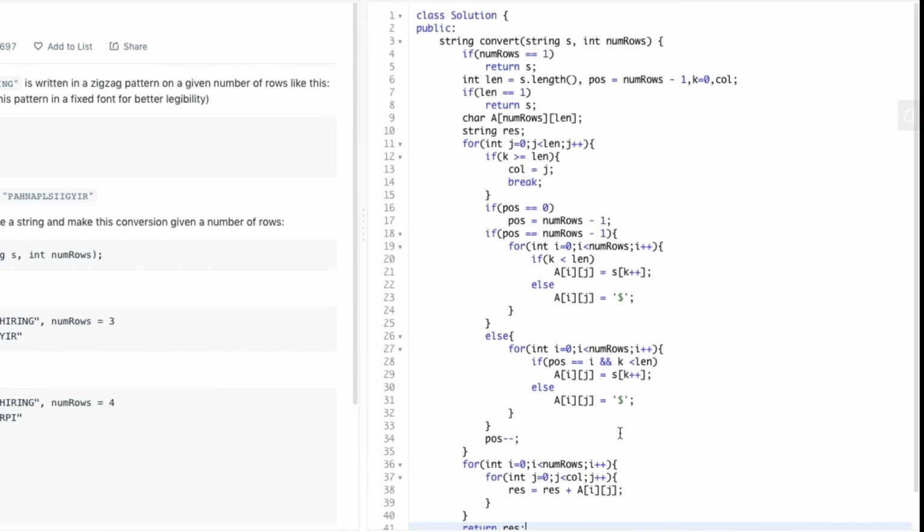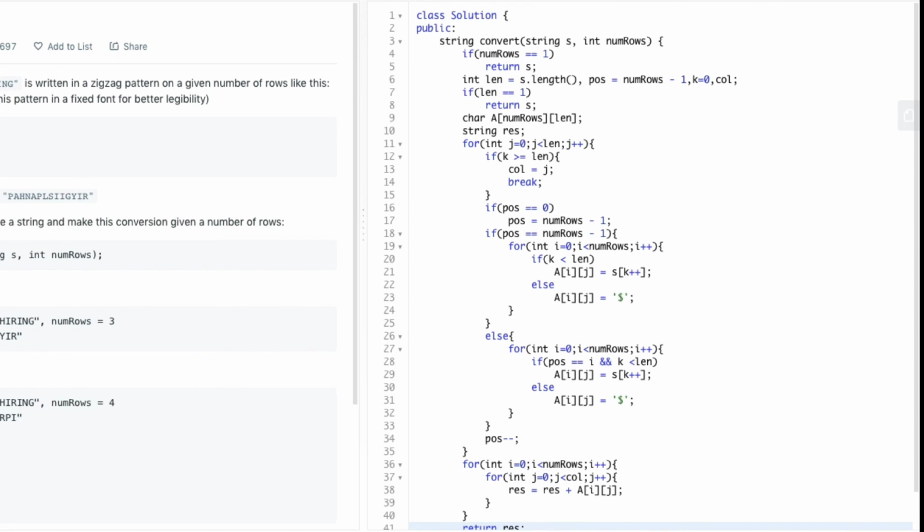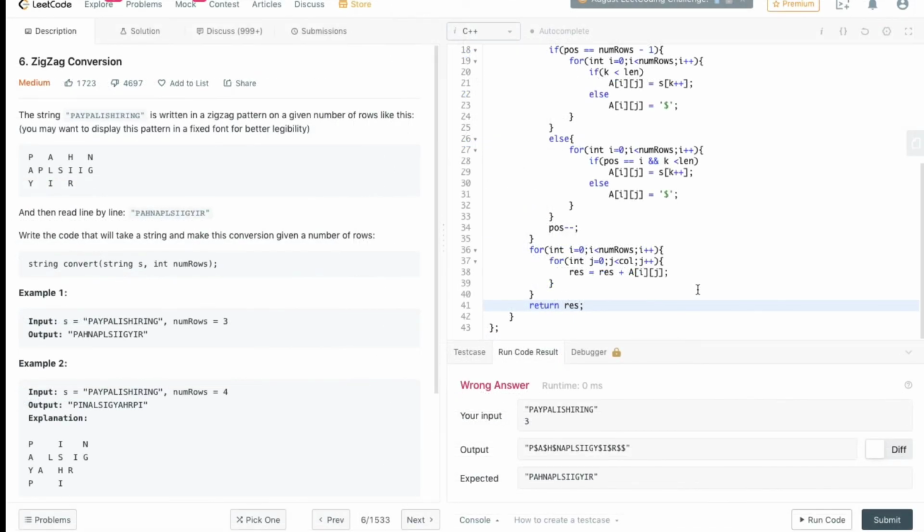So we have finished with our code and we can run the code to check whether it contains any errors. So here we are getting a wrong answer. The reason for getting a wrong answer is that we failed to enter the if condition in a nested for loop where we should check that if the character is a dollar symbol, then we should not add it to a resultant string.